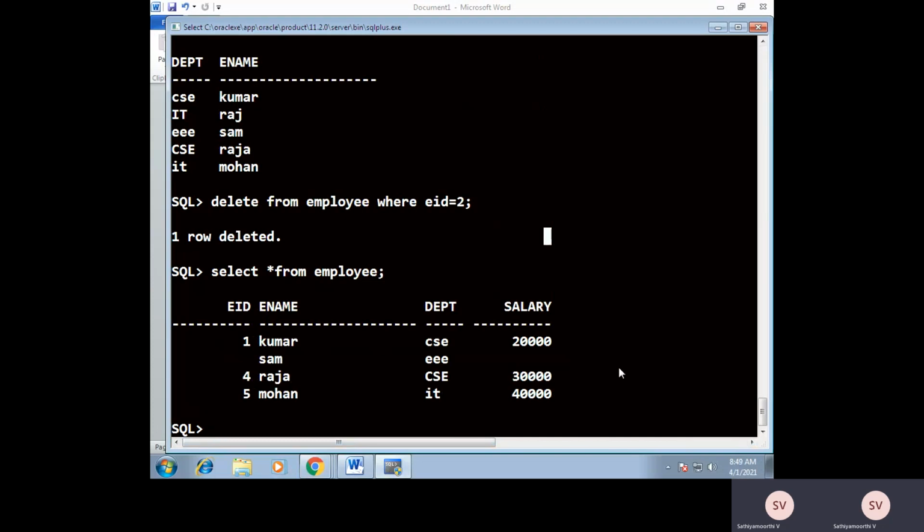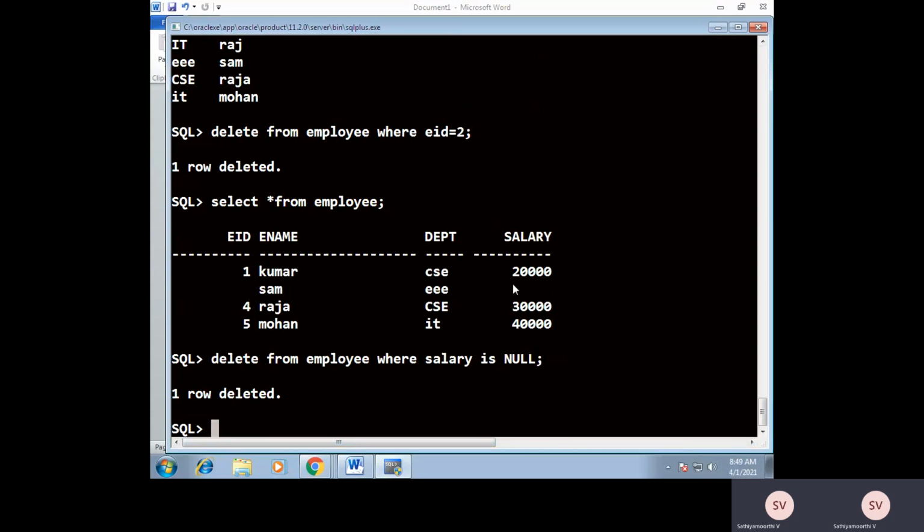if I want to delete a record having null values in any one of the attributes, then you can use the delete command like this: delete from employee where salary is null.